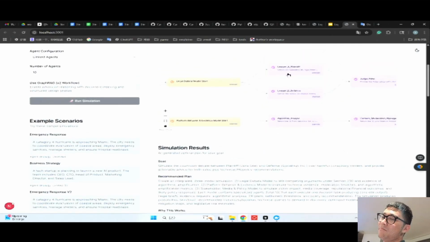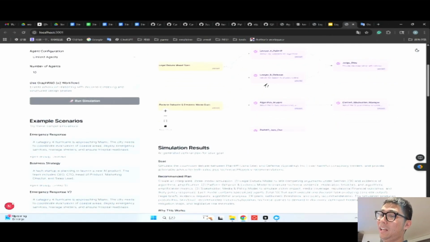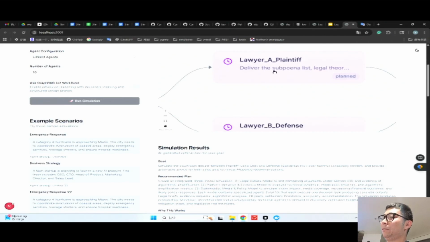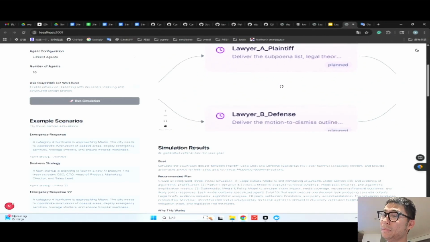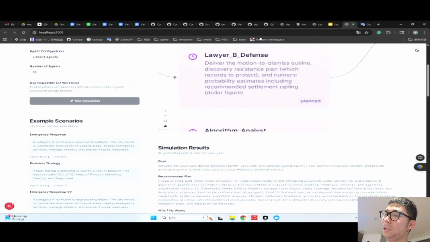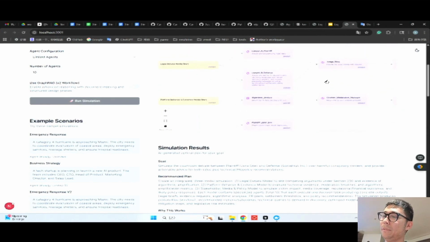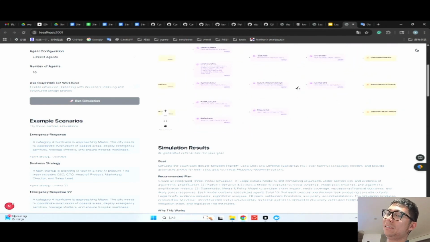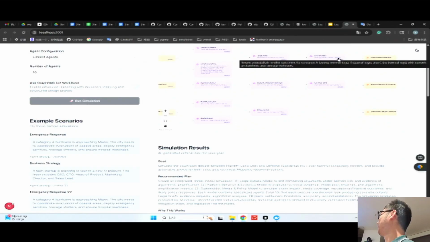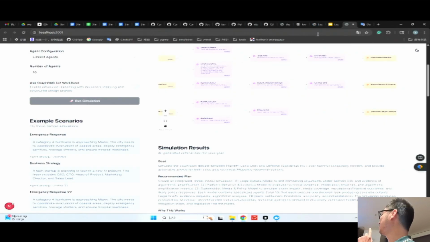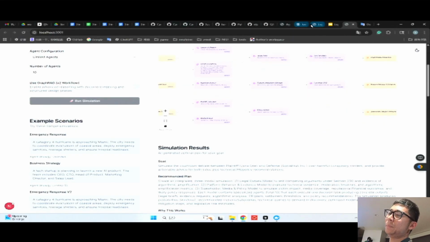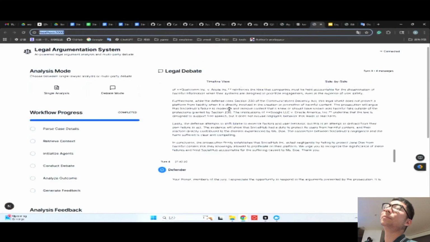We just assign tasks to role-based agents. As you can see here, that's lawyer A for the plaintiff, and lawyer B for the defendant. It's basically round-based. We create the roles first, and then we assign tasks to them with context, and each agent will have access to our GraphRAG as a knowledge source, and they will perform multi-round debates based on this model. The execution of this model will take up to 20 minutes. For the simpler version, it's going to take around 2 minutes.